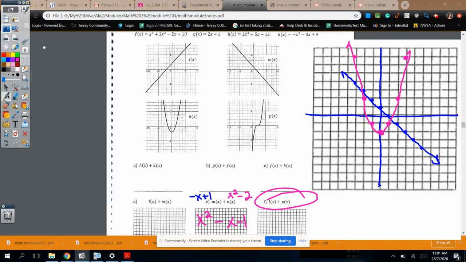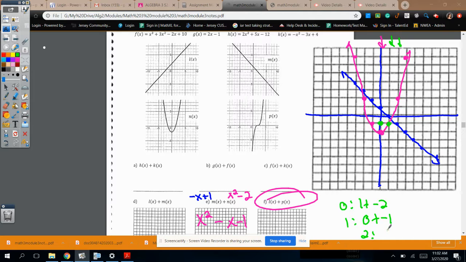So if you go, I always start at 0 personally. Let's do green as our answer. Green is going to be our answer. If I take this spot on the m of x, which is your line, and I take 1 plus negative 2, 1 plus negative 2 is negative 1. I'm going to be here at negative 1. Okay, now go over to the 1 spot, and I have a 0 plus a negative 1, and I get negative 1 again. Okay, go to the 2 line,